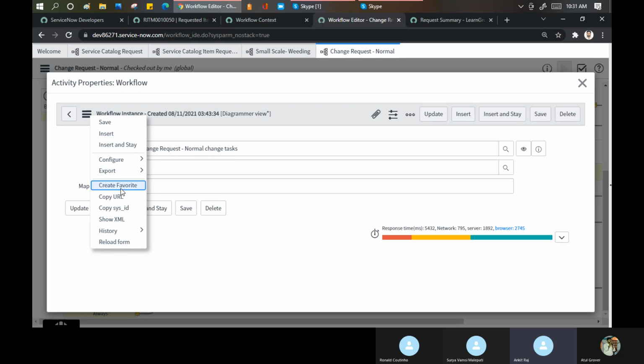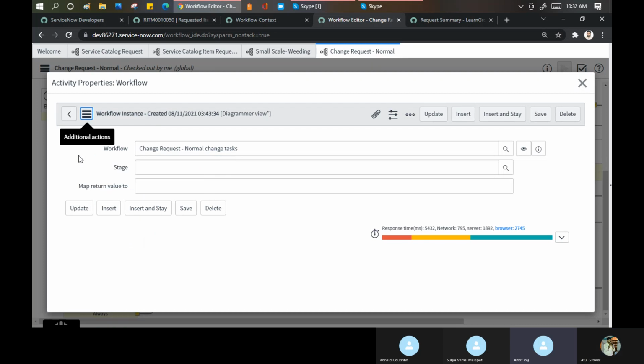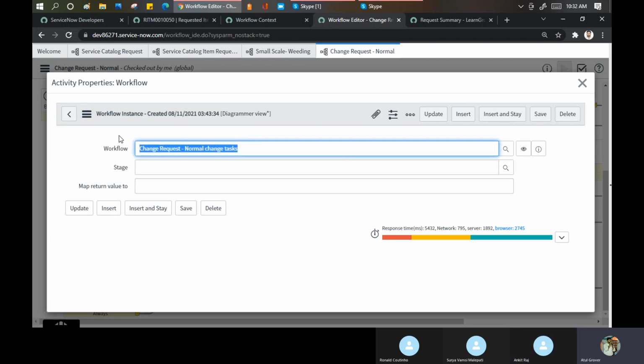So to construct a sub workflow, we have to use the same block, right? See, workflow and sub workflow are the same. The only thing is that you are calling one workflow and the other workflow is called a sub workflow. It's saying which workflow you want to use. I said use this workflow. Simple. I think sub workflows are only used at the platform level, right? Not at the catalog level.